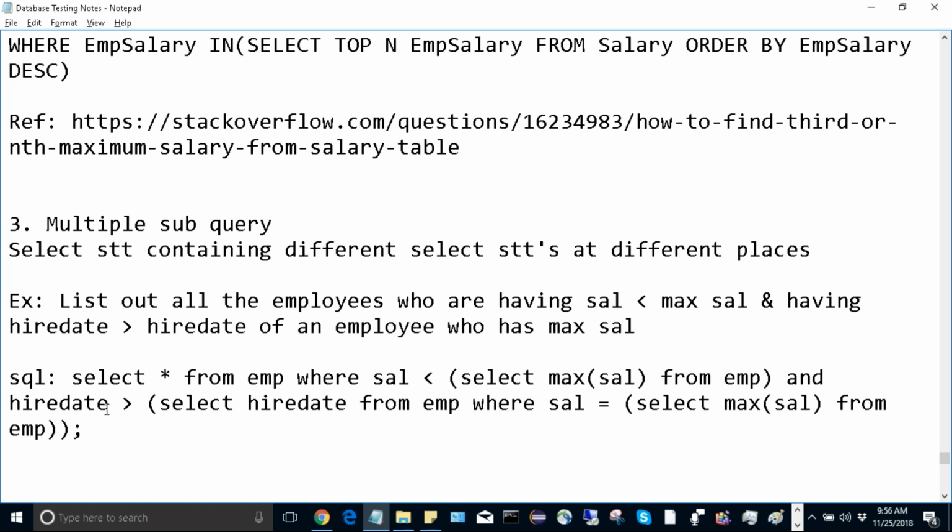And hire date is greater than, okay, and list out all those employees who are having salary less than max salary. Okay, so obviously select star from employee where salary is less than the max salary, and the second condition will satisfy both of these, and this will list out all those records. So once you run this, you will come to know. So it will return output will be